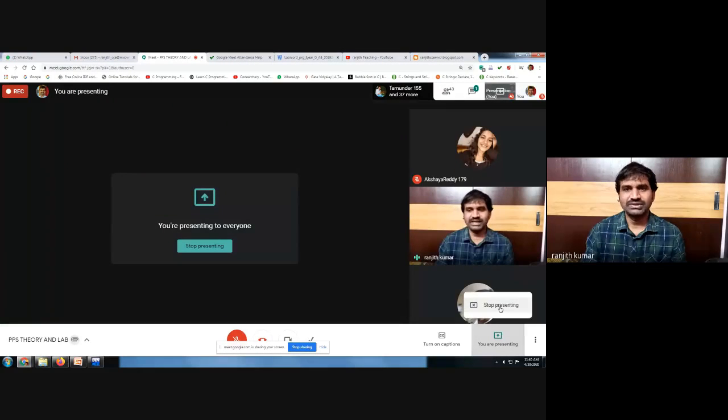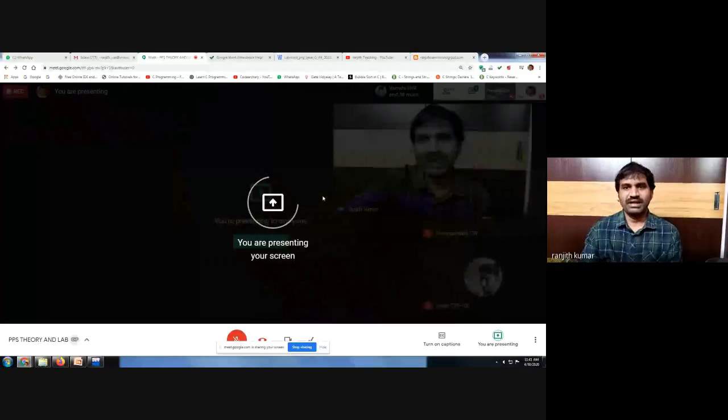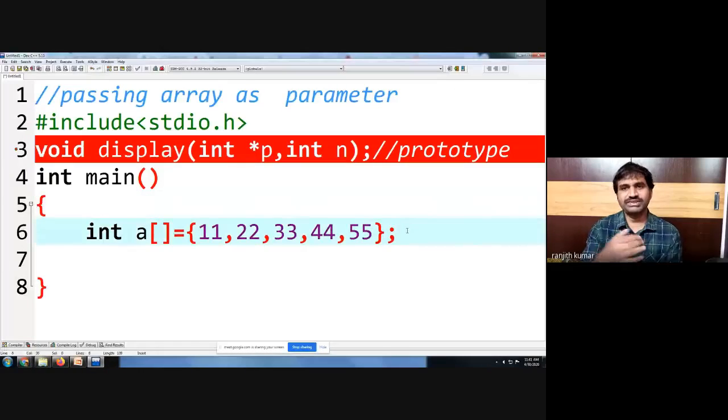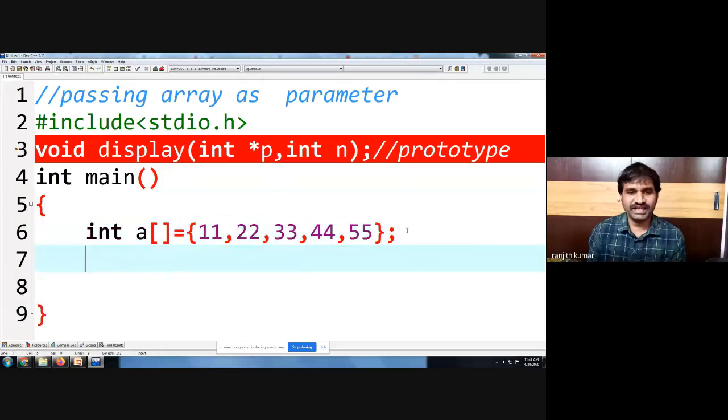Are we clear? So let us learn how to pass array as a parameter. In this program, we have created an array.